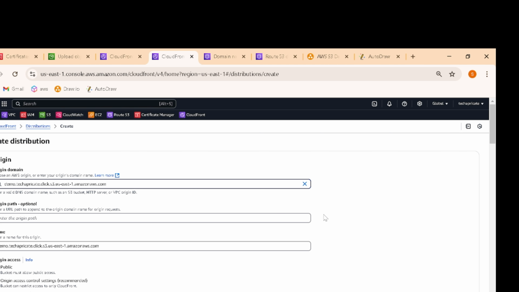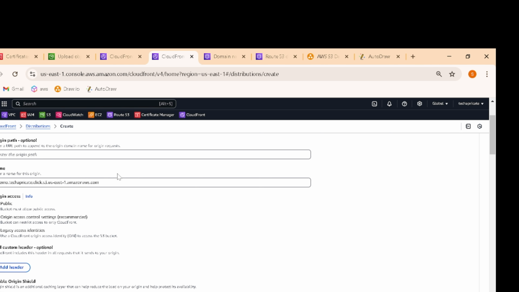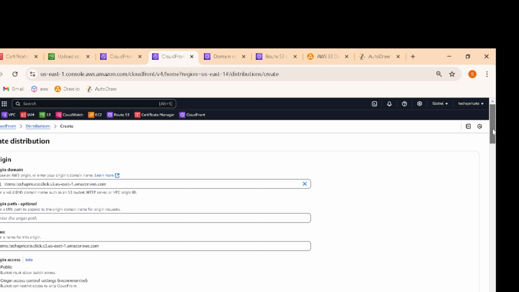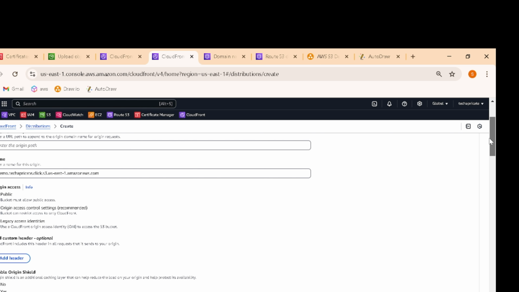Then don't have to do anything here, leave it default. The name of the origin is going to come there automatically from the origin domain, so you don't have to do anything. For origin access, I'm going to use this legacy access identities. Why am I using this? If you see, use a CloudFront origin access identity, OAI, to access the S3 bucket. So what does it mean? It's going to